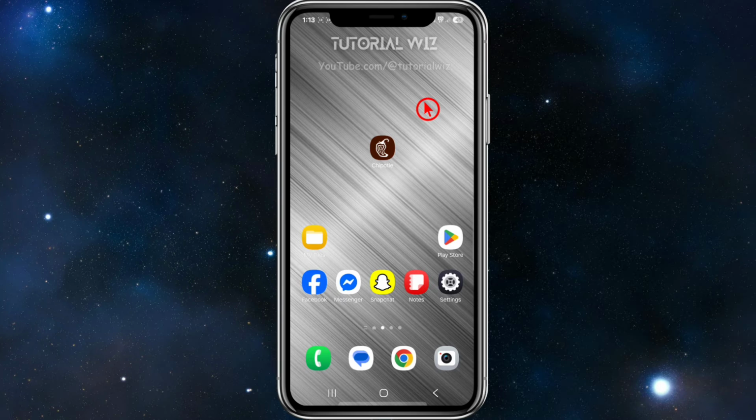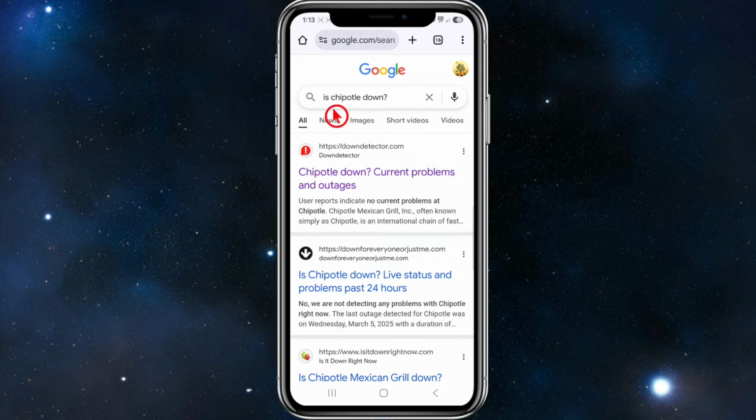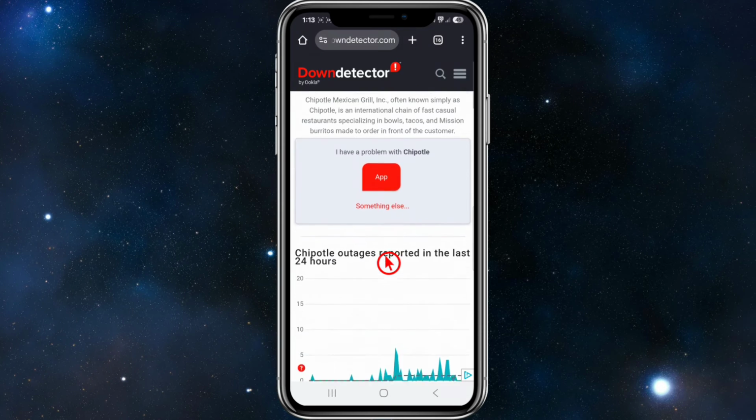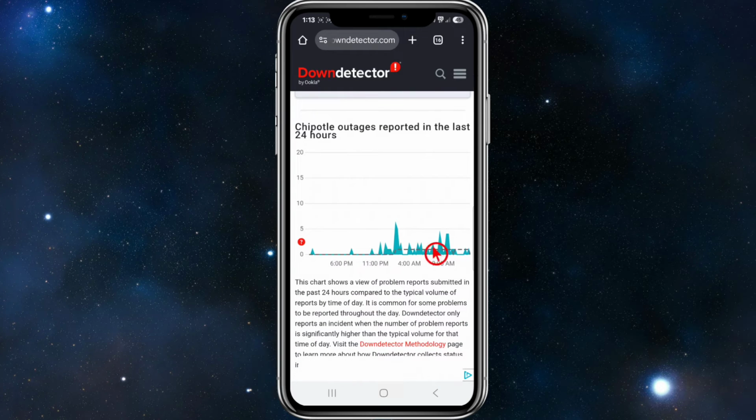Another fix we can try is to check Chipotle service status. Just do a Google search, type in is Chipotle down, and then it will come to Google search results. And Down Detector is one of the most popular third-party sites for this. So go ahead and click into Down Detector, and then it'll tell you if there's any issues with the app,